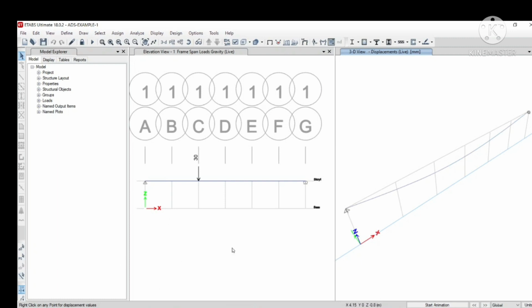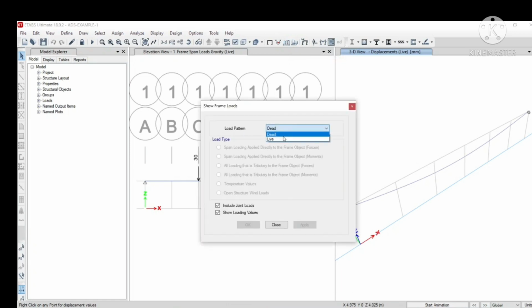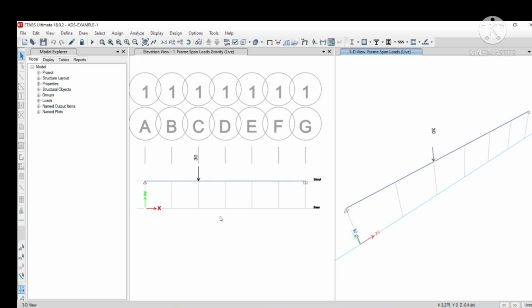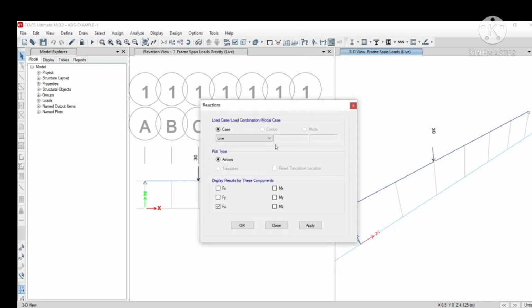Yes, our analysis is over, and let us see the bending moment and deflection here. So we have applied a live load. So we can observe that the 30 kilonewton we have applied. So let us find the reactions here.